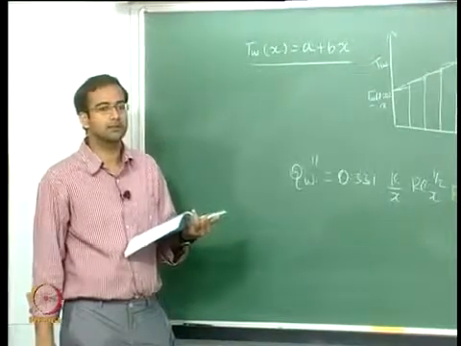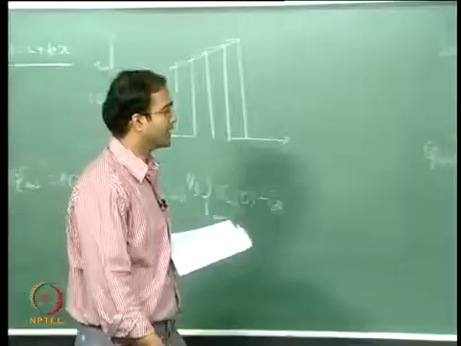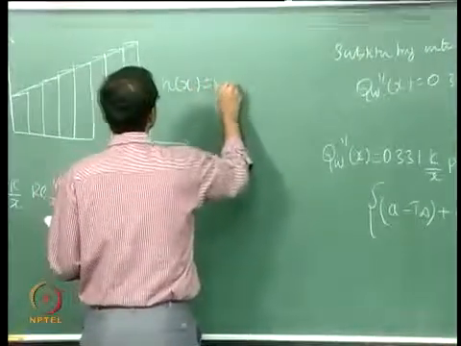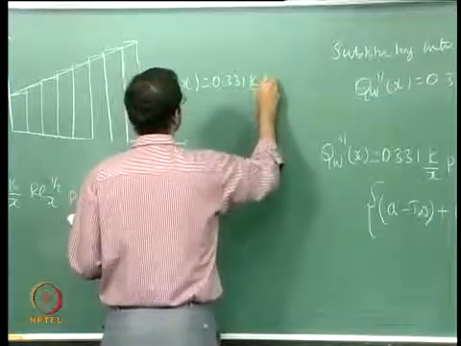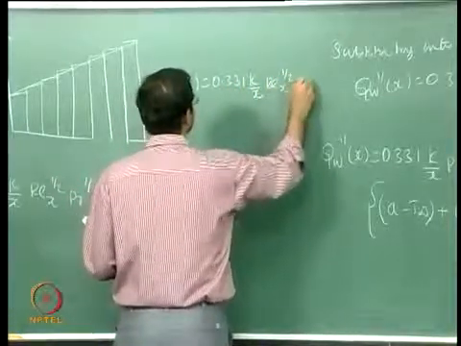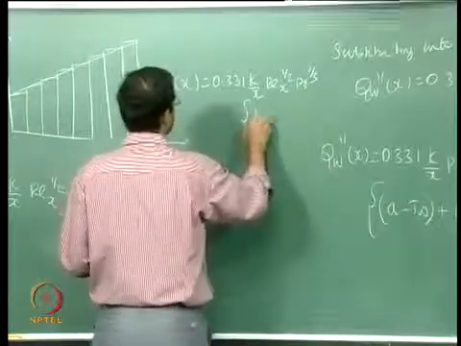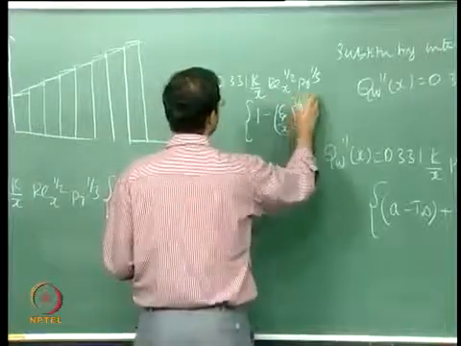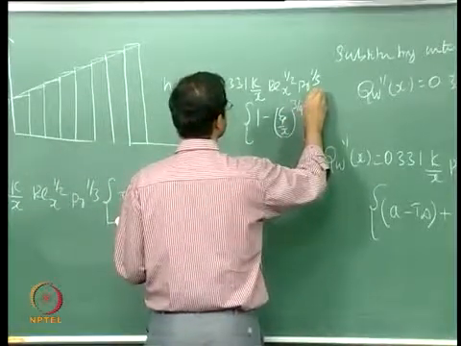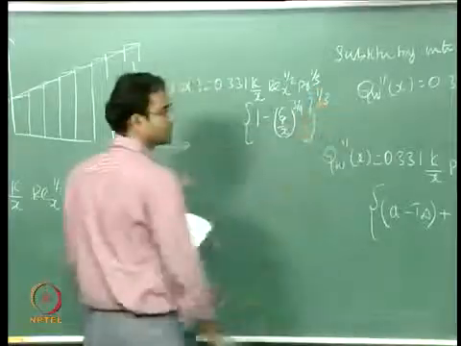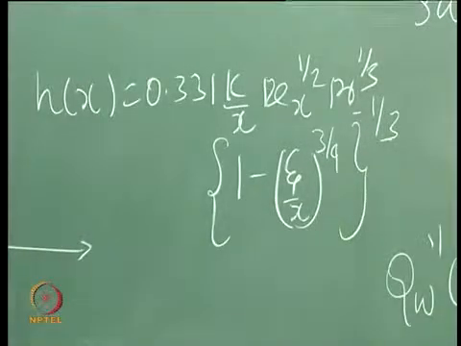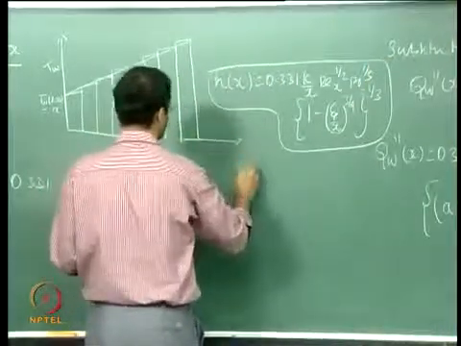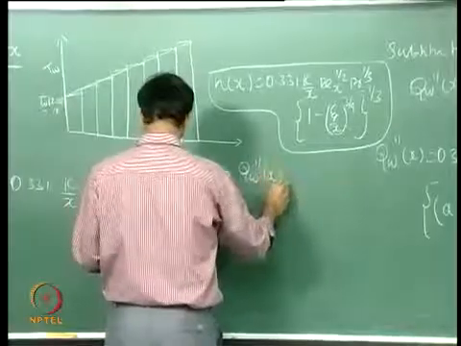What is that? Can you go back and revise the expression for h of x? 0.331 k by x Re_x power half Pr power 1 third, 1 minus zeta by x to the power what? 3 by 4, the whole power minus 1 by 3. Okay, so this we had to substitute into the expression for q wall of x, which was